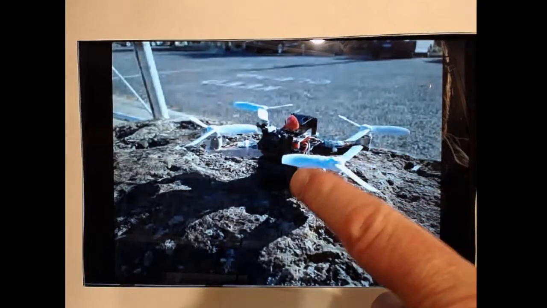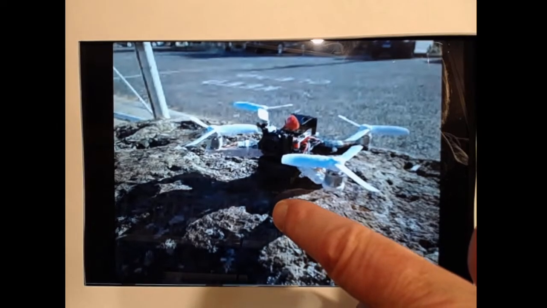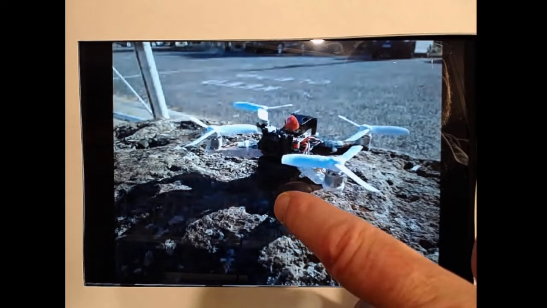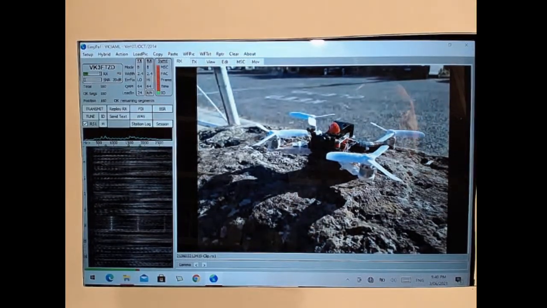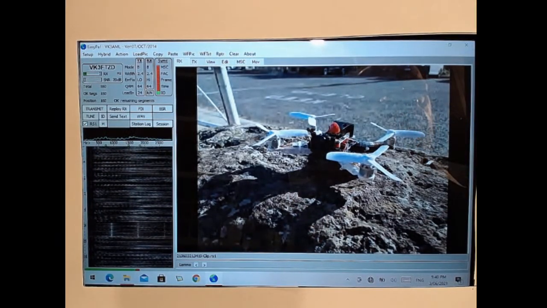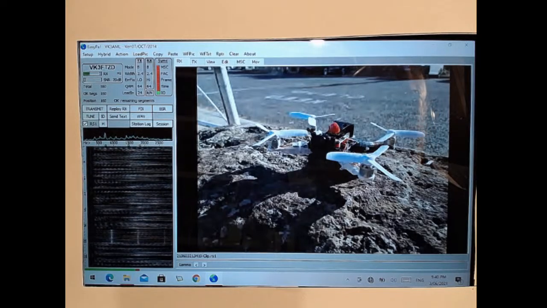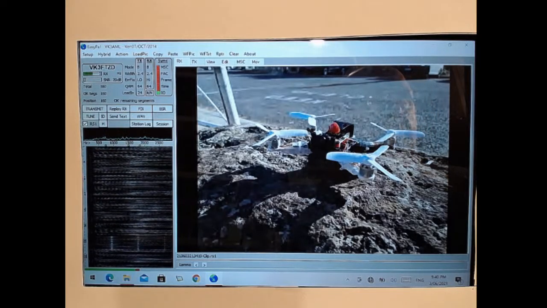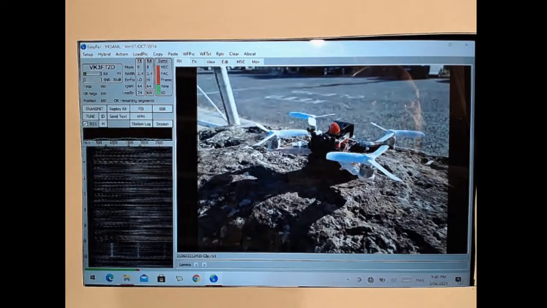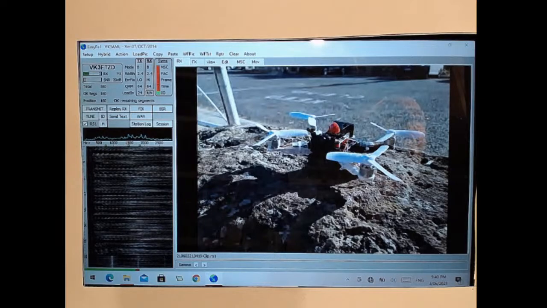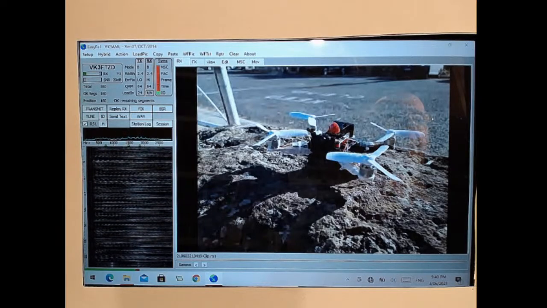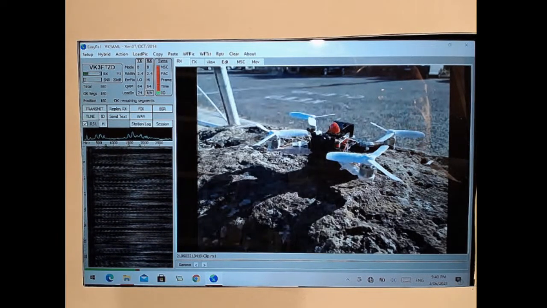This was an image I took while I was at work the other day. It was quiet, and I was sitting at a park. You can actually see in the background, one of the cars is actually the work van. It was quiet, I was sitting there, I did some PID tuning of it. I got it so it was actually mostly flyable, without bouncing around too much and still being quite snappy. So yeah, that's the story behind this image.